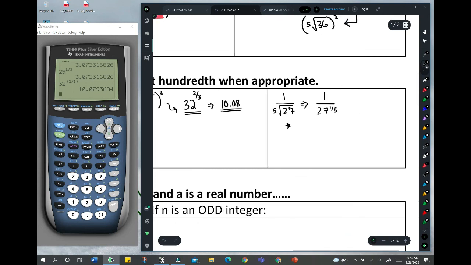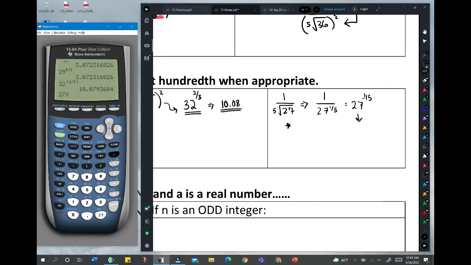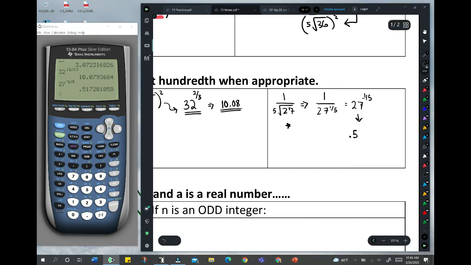And if it's in the denominator, you can think of it as 27 to the negative 1/5. And really, you could have typed this into your calculator to begin with, but if you evaluate that, 27 to the negative 1/5, and I don't have parentheses this time, it should still be okay. You get 0.52, okay,